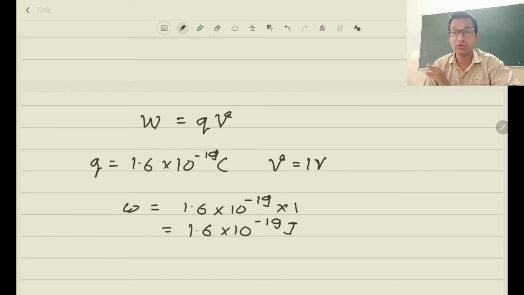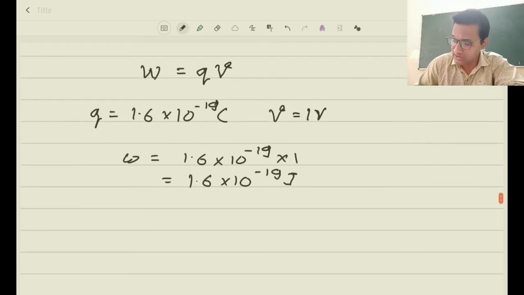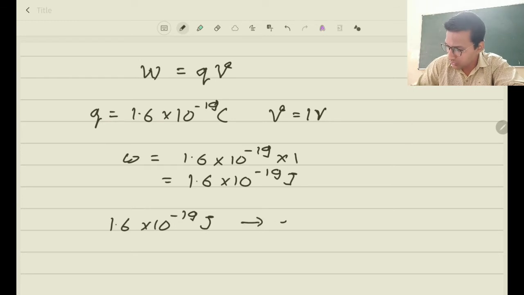This is the amount of work that will be involved in motion of a charged particle. It may be an electron, or it may be a proton, or it may be some other particle which is having charge in terms of 1.6 into 10 raised to minus 19. So what is done is this 1.6 into 10 raised to minus 19 joule is given a new name, that is 1 electron volt, so that we don't have to keep on writing 1.6 into 10 raised to minus 19,